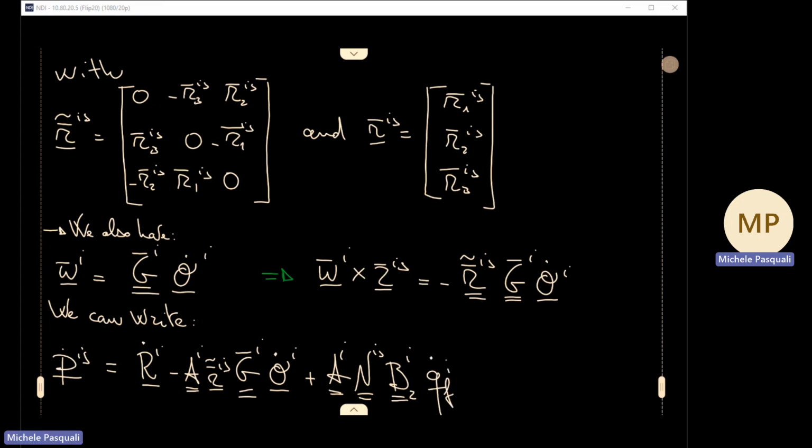So what did I gain really formulating everything like this? Well, it's the usual thing. I've been able to write the time derivative of the position of a point in terms of the generalized coordinates